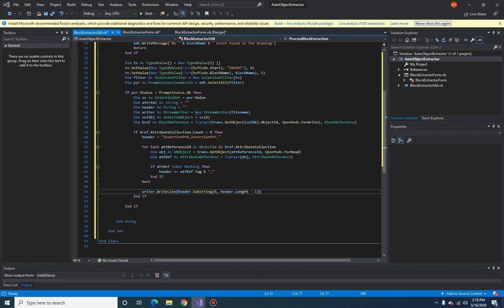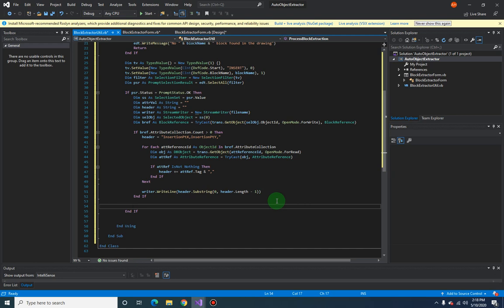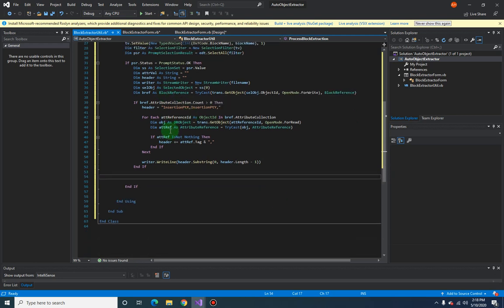Next, we are now ready to write the actual value. So we'll do the same thing. We'll do the same for the for each. So for each obj as selected object in selection set,